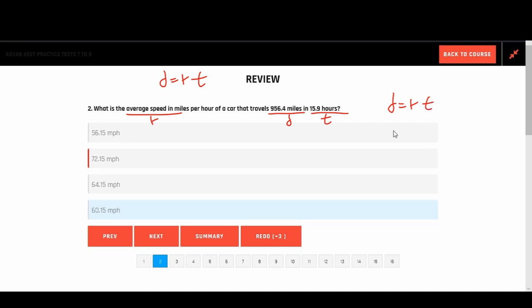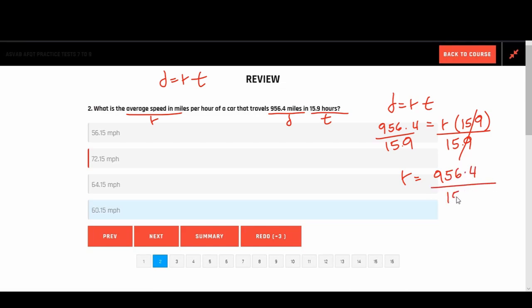And I'm going to plug those things in accordingly. Again, this is 956.4 equals R. We're trying to figure out what R is, times 15.9. Of course, since we're trying to figure out what R is, we're just solving for R. So that's going to prompt us to divide both sides by 15.9. This crosses out, and we're left with R equals